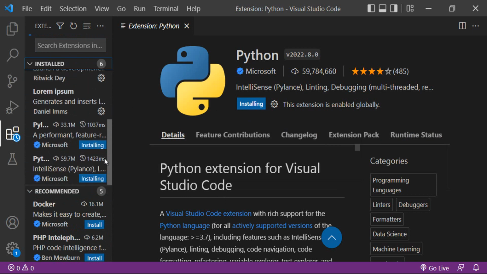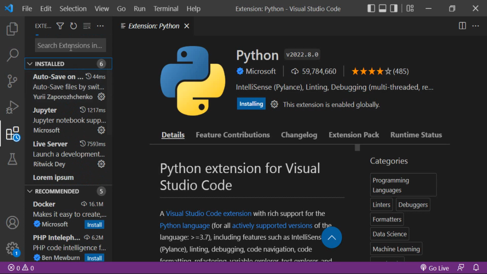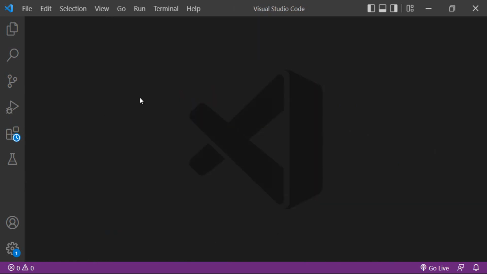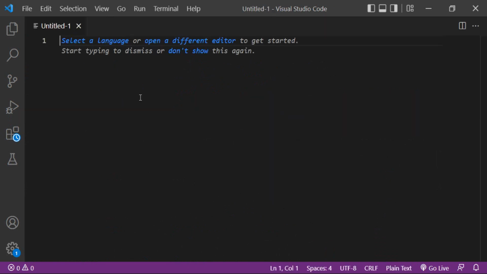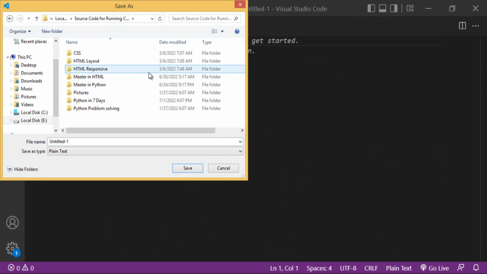You can see that Python is already installed here. So you need to install the Python extension first, then you will be able to work with Python in Visual Studio Code. Just press Ctrl+N and then save this file. Source code for running course,